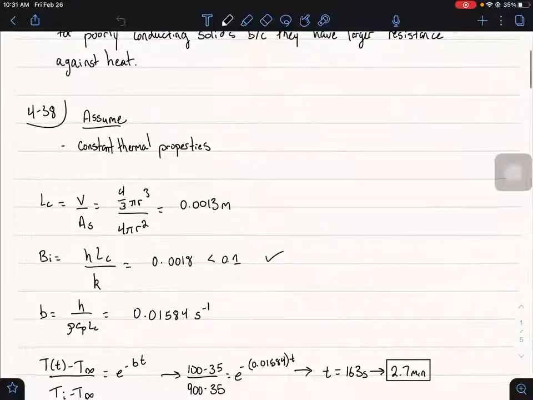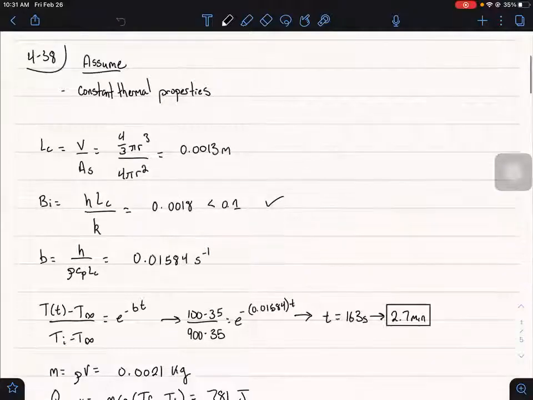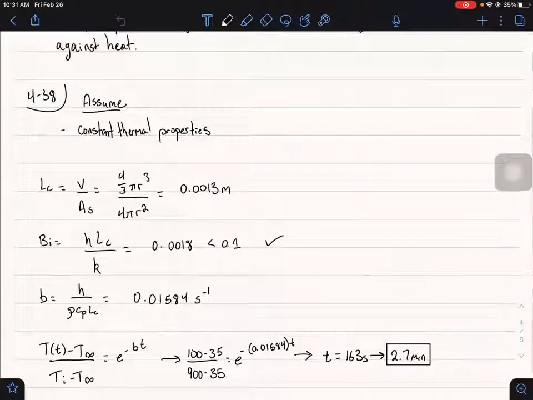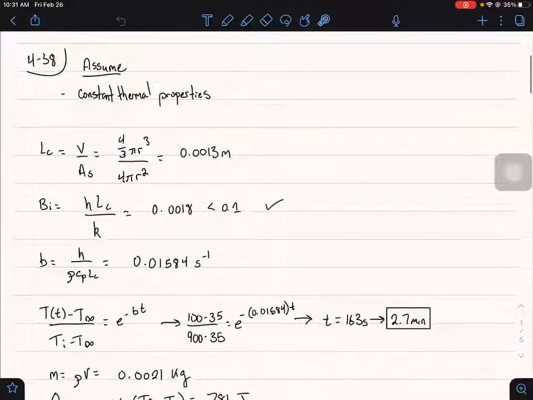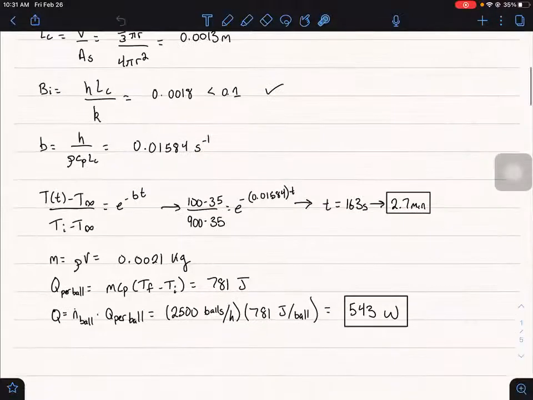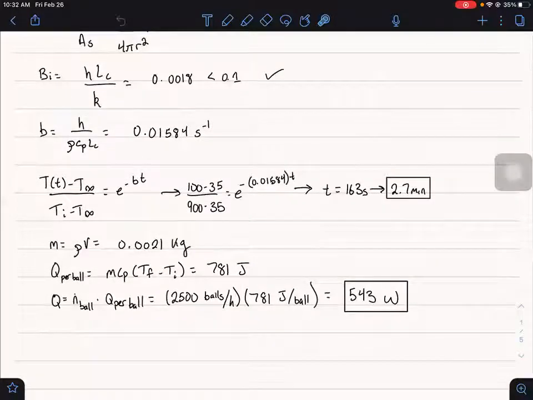So for problem 4-43, it is determined to figure out what the heat of the balls are. We assume constant thermal properties. After determining what the Biot number is, right here, we determine that we can do lumped analysis. So we figure out all the parameters for it, plug values in, and determined that the time for the annealing process is 2.7 minutes. And then we have to determine the total rate of heat transfer from the balls to